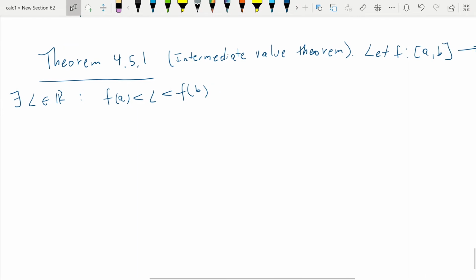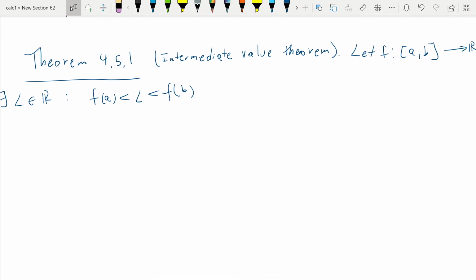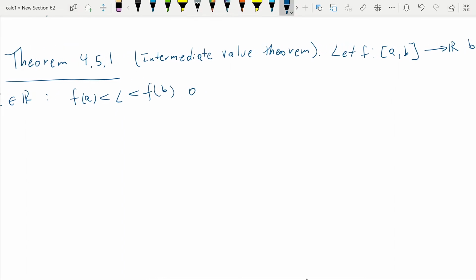So this is one of the assumptions. Or the same thing is valid if f of b is smaller than f of a. So if f of b is smaller than L, smaller than f of a,